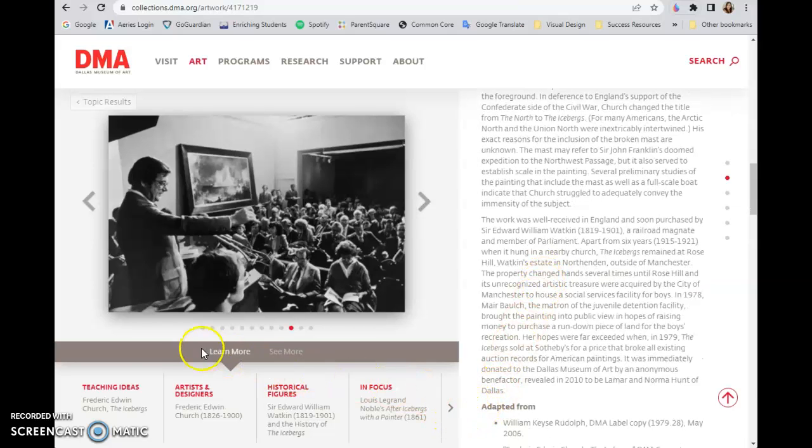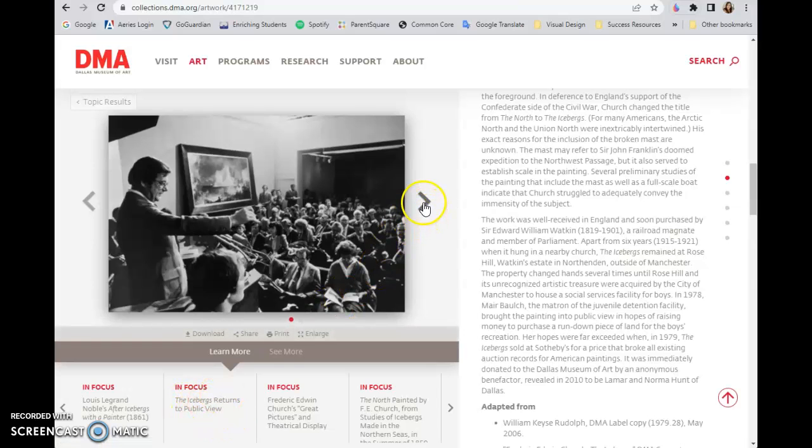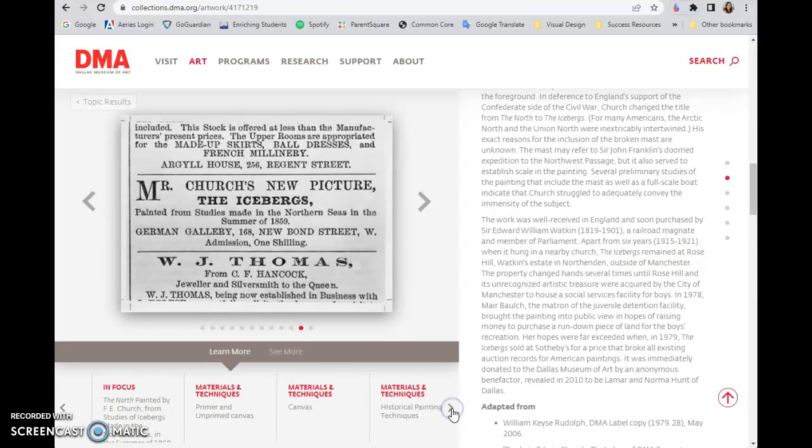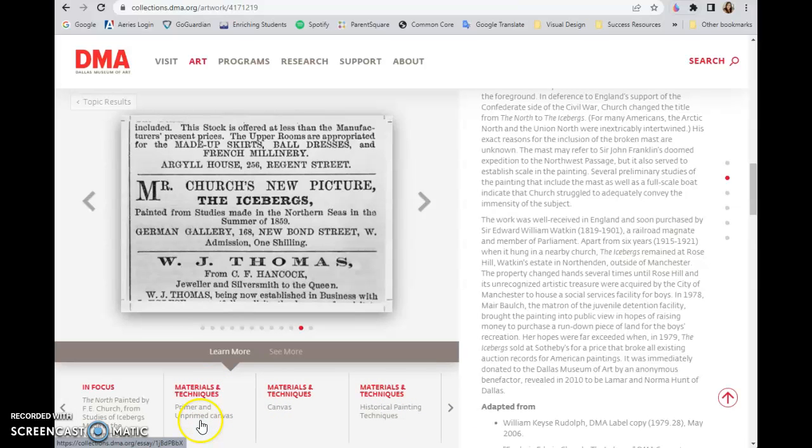Don't forget to learn more here as well. This has a lot of extra pieces of information, such as in focus, and there are quite a few articles. Every time you see an in focus, it's additional information. I think it's in here too, the photos. Yes, it was in the paper a few times when it returns to public view. Very old newspaper printing. And if you keep going, it's going to give you, again, the materials and techniques, more information about what that means,